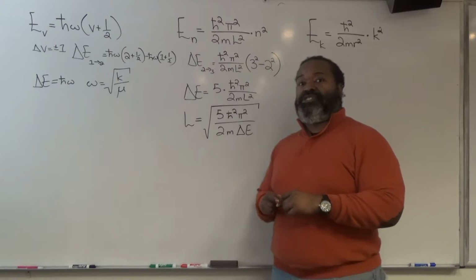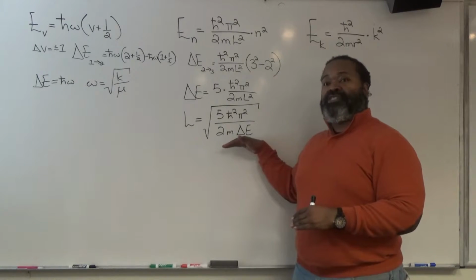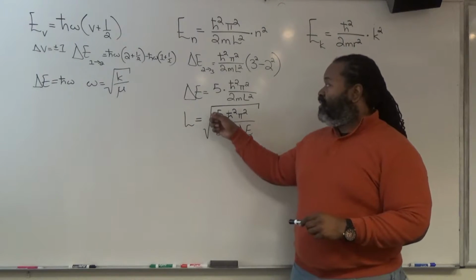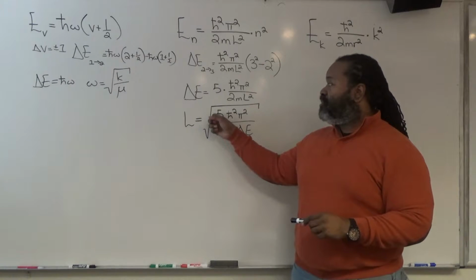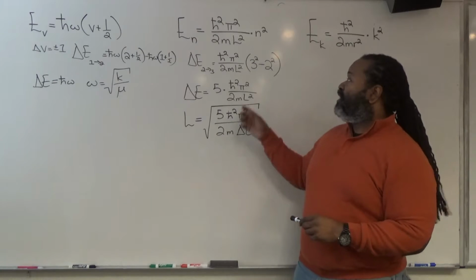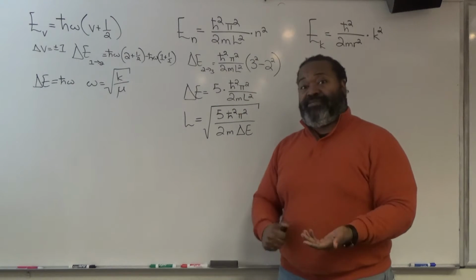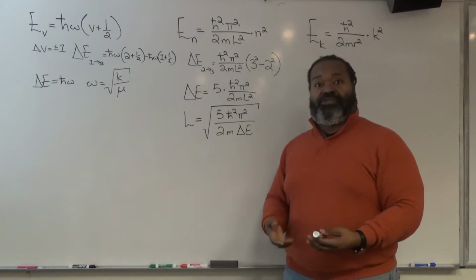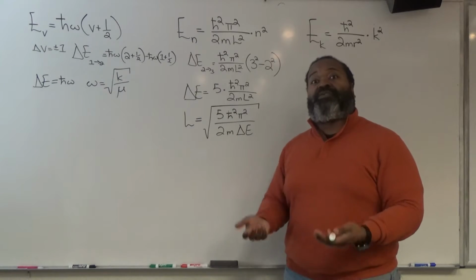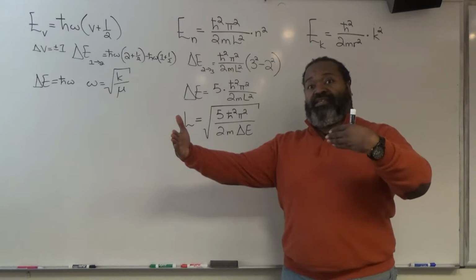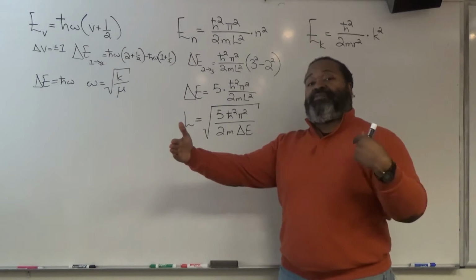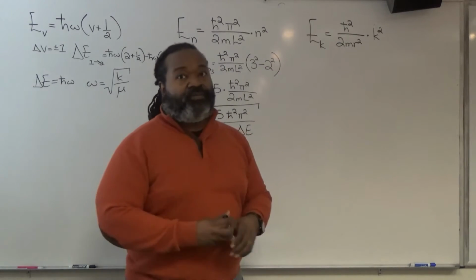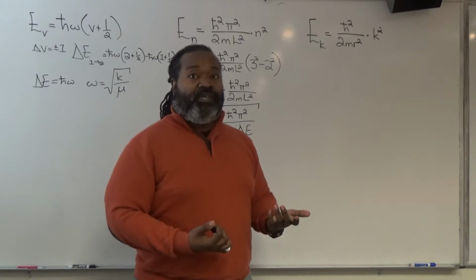And in this case, we're able to use information gained from doing the spectroscopy, the actual measurement of a delta E, to determine a length. And the thing that we have to be careful about is making sure that we have enough information to be able to properly estimate what two states we're transitioning between. And so with a bit of detective work and a good bit of math, we can use this as a mechanism to determine a fundamental feature of the system, the length of confinement for that particle that's trapped inside that one-dimensional box. So finally, we have the particle on a ring, which is a really good model system for aromatics,